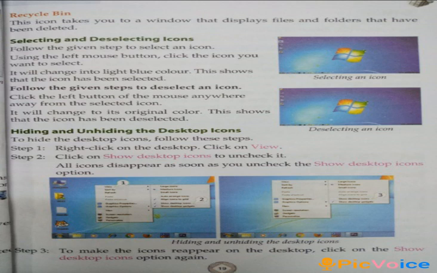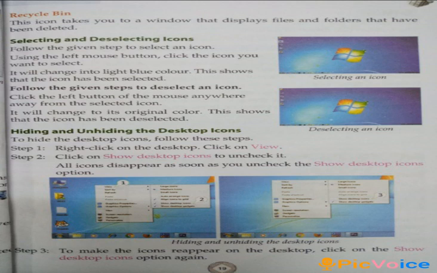Hiding and unhiding the desktop icons. To hide the desktop icons, follow these steps. Step 1. Right click on the desktop, click on View. Step 2. Click on Show Desktop Icons to uncheck it.